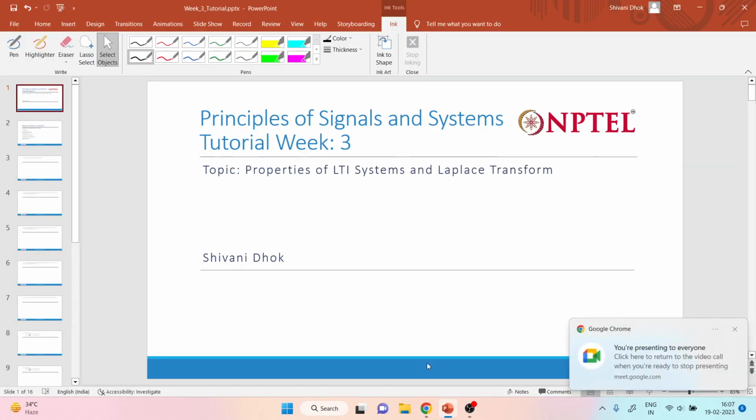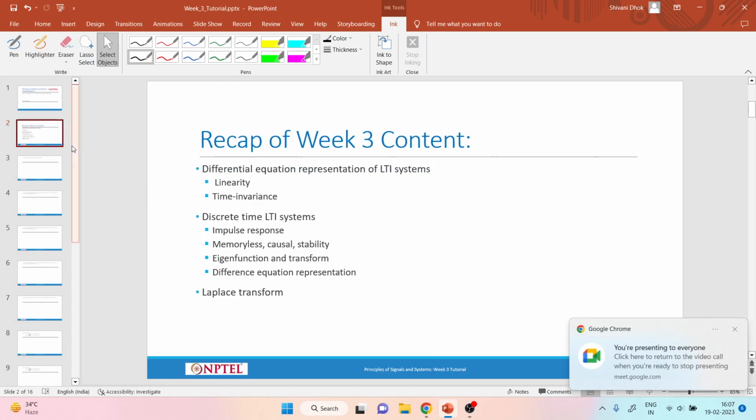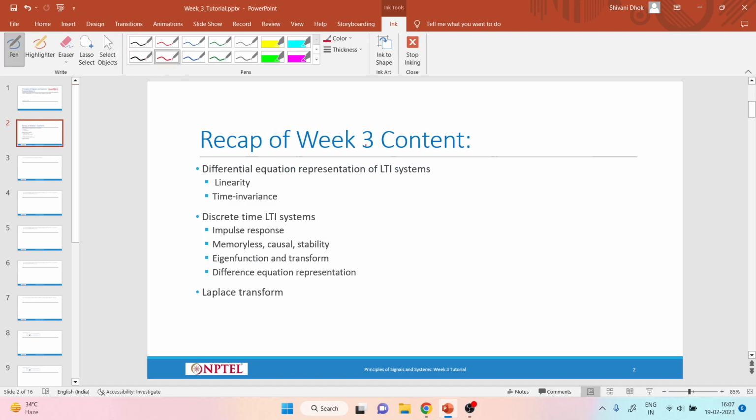Yeah, to begin with, I'll just recap whatever was covered in week 3. In week 3, the first thing that was covered was differential equation representation of LTI systems. In that, linearity and time invariance conditions were also discussed, followed by discrete time LTI systems, and for this the convolution sum, that is, the input output relationship, was again based on convolution, which was given